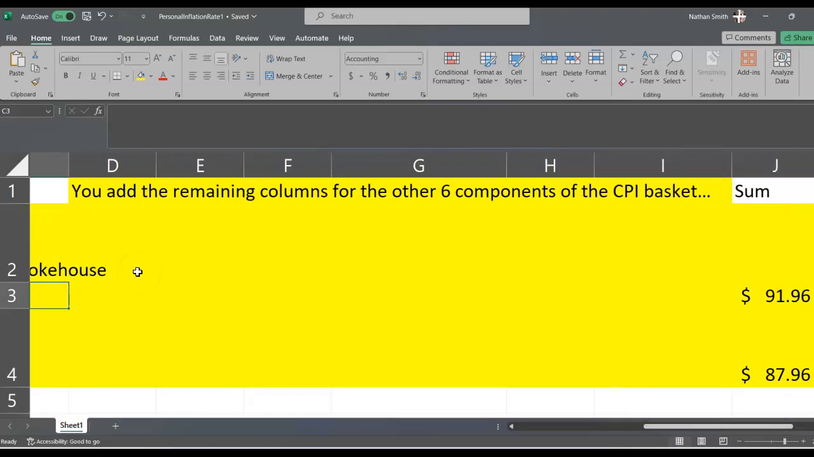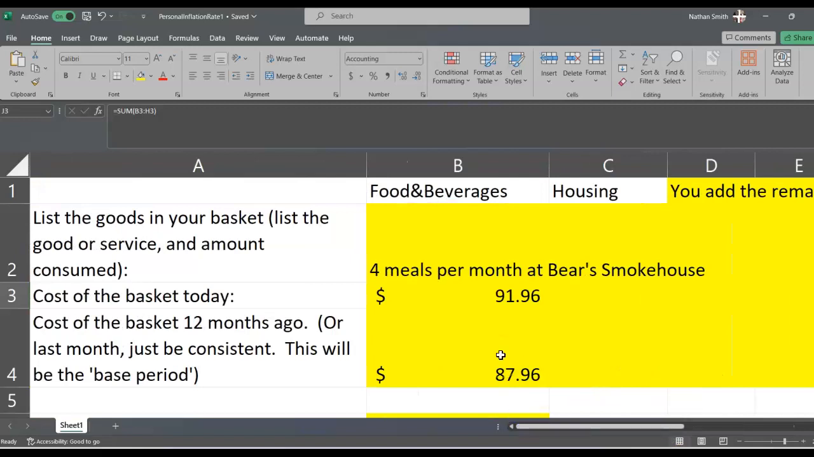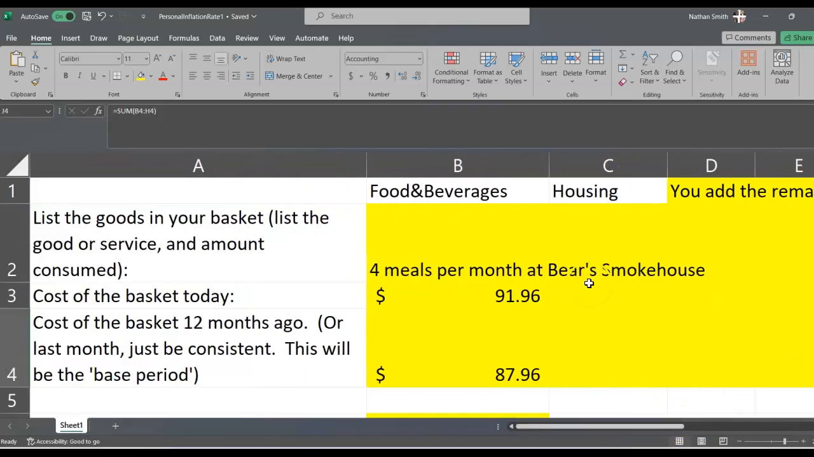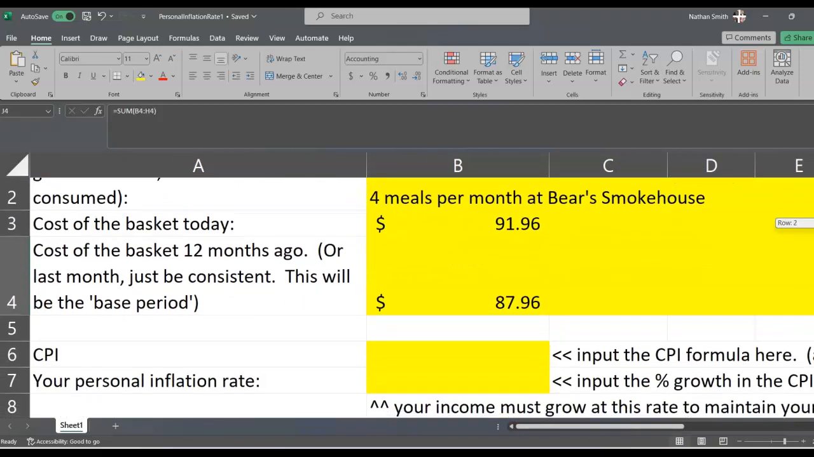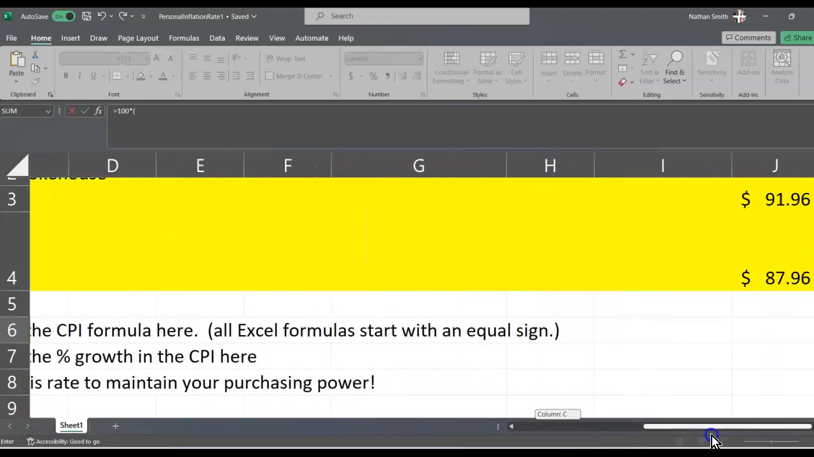Okay. Now as you fill in the remaining cells, I've set up a sum formula in column J that will do the math for you and simply add the total amount spent. Now at that point, once you have those 2 sums, all you have to do is run the CPI formula that we're learning this week. And if you look that up, you start with the number 100 and simply multiply by the ratio of the cost of the basket today